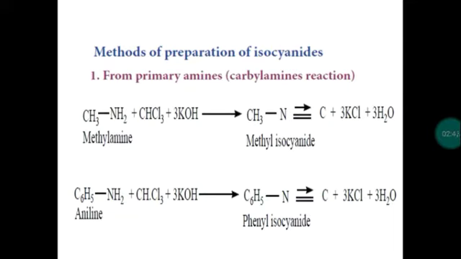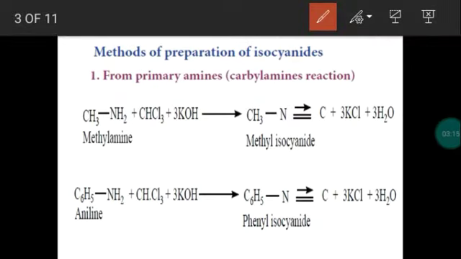Next, preparation of carbylamines. We already studied the carbylamine reaction in the properties of amines, right? This is one of the properties of amines, and this carbylamine reaction is used to identify the presence of primary amine. One more question we told already. So using the carbylamine reaction, we are going to prepare alkyl isocyanide or alkyl carbylamines. So take a primary amine. You can take aliphatic as well as aromatic, methylamine as well as aniline.